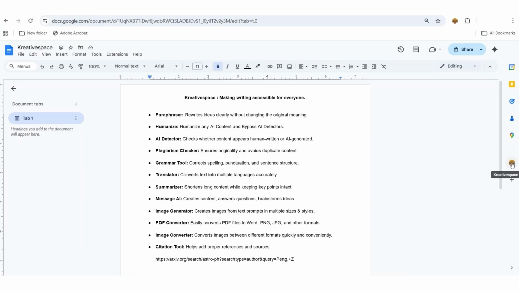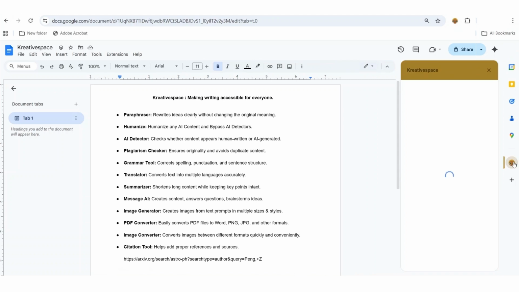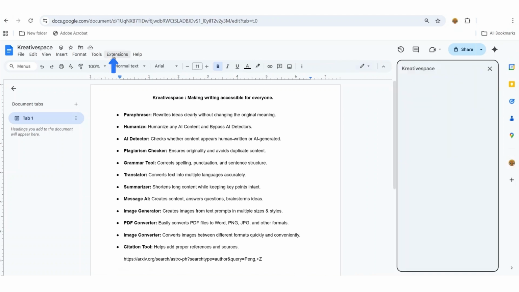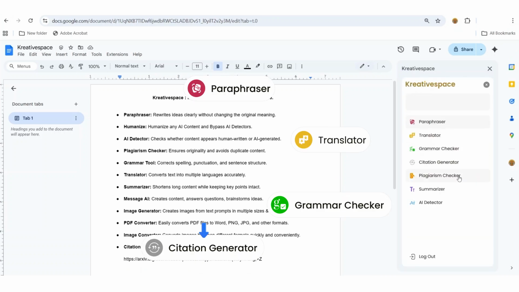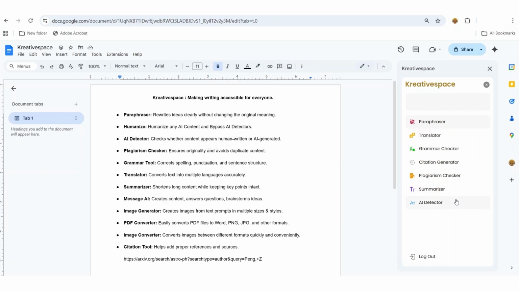Let's get started with Google Doc add-on. Over here, just click on our Creativespace Google Doc add-on once you have downloaded it from our extension. Once that is done, every single tool, be it Paraphraser, Translator, Grammar Checker, Citation, Plagiarism, Summarizer, AI Detector, every single tool is in one place to make sure our user doesn't have to switch between the platforms or the tools